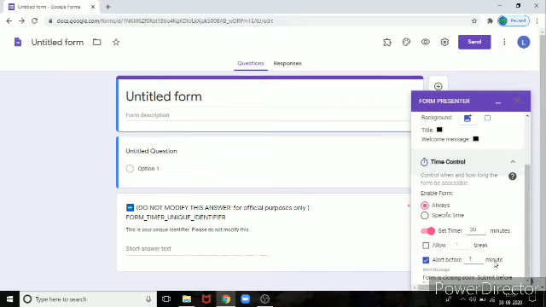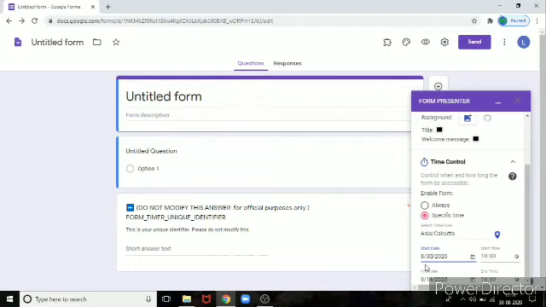Down below we have the timer control option, to control when and how long the form is accessible. Enable from: by default it is always. If you want to give a specific time, you can use the specific time option. As I have shown earlier, we can give the same type of date and timings.